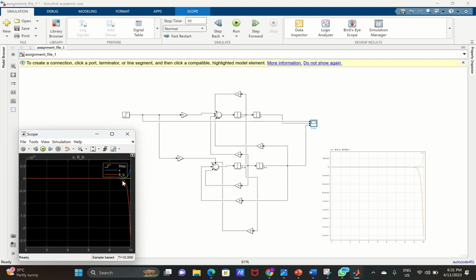the magnitudes are reduced when we have feedback. Theta b going back to this, and sorry, x going back to this, and theta b going back to this into the system. Though this does not confirm to us that the system is stable. This actually confirms that the system is very unstable, hence a need for a controller to make the system stable. This also signifies to us that the robot cannot balance without a control system input into the